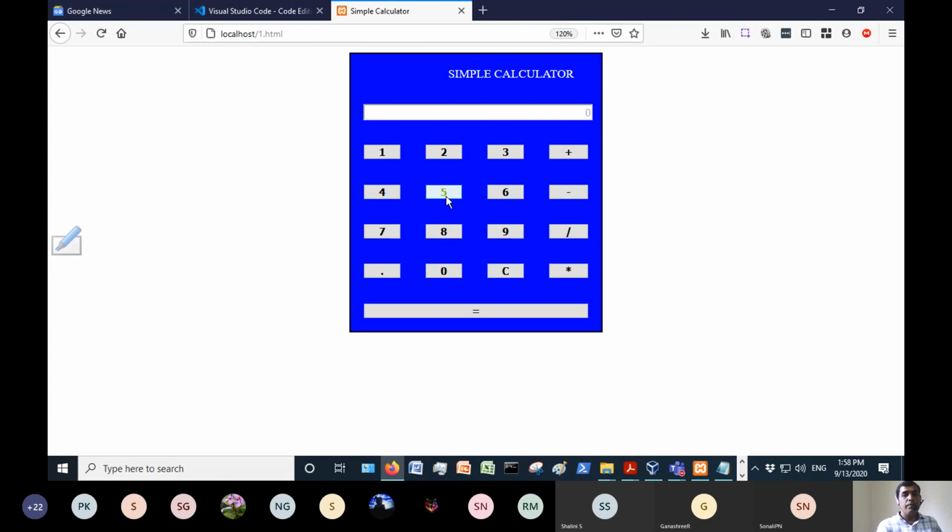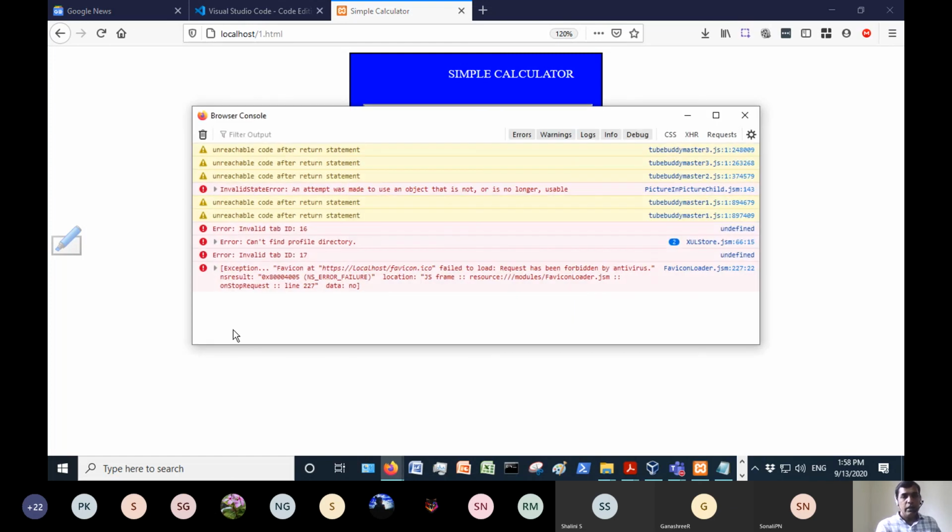So here you can perform operations. 5 plus 3 is equal to 8, shown here at the bottom. If you want to clear it, 8 divided by 6, we will get the quotient, which is 1. So like this, if everything is perfect, the calculator will run in your browser. If at any point there is a problem, Control Shift J will open your browser console.